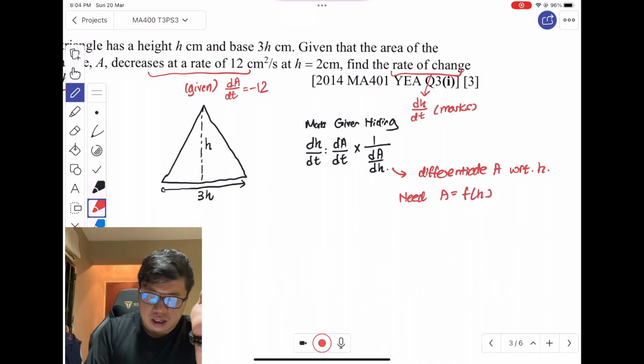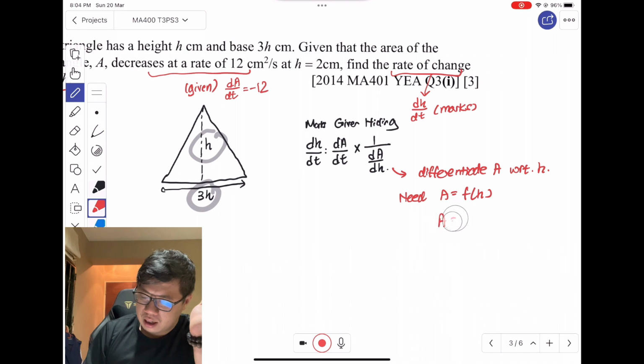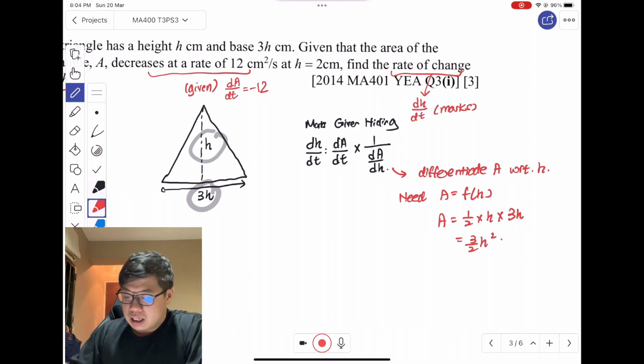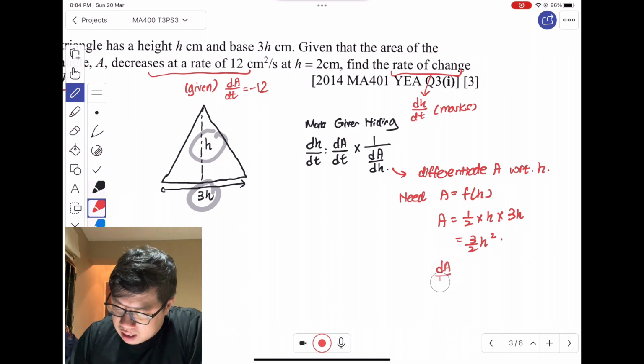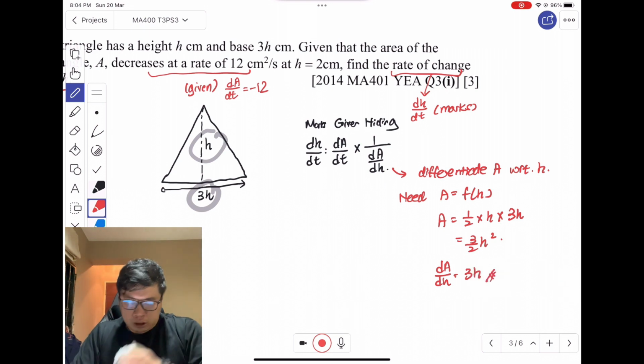In this case, you see our question here, there's h and 3h. Very simply, our A is just half times base times height, which is half times h times 3h, which is 3/2 h squared. So dA/dh, if you differentiate this, would just be 3h. Okay, so when h is equal to 2,